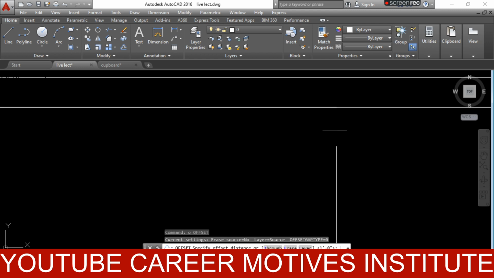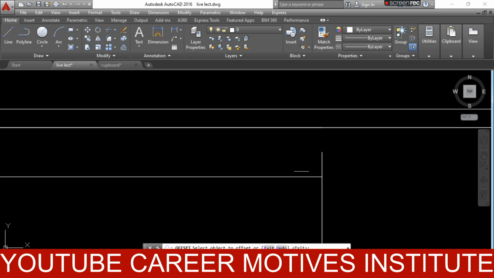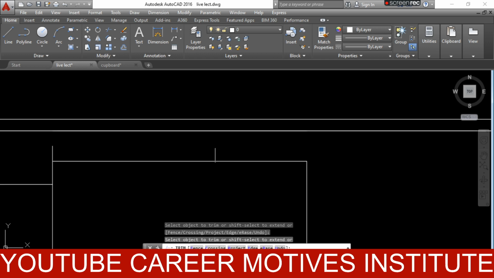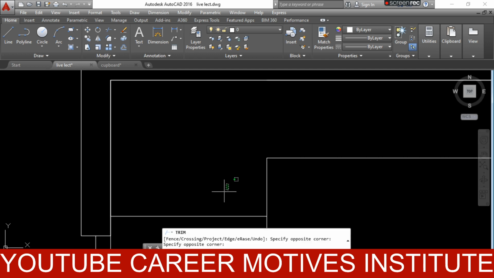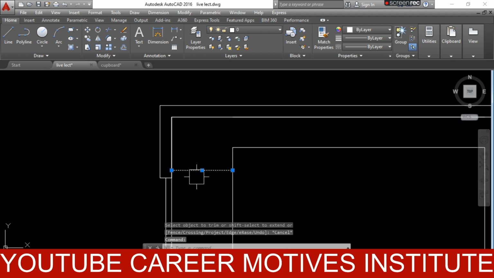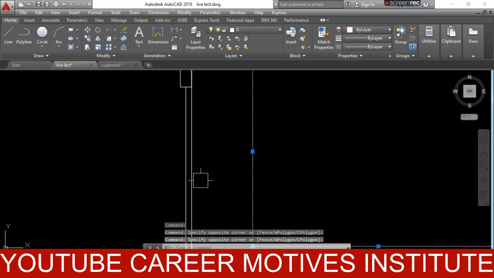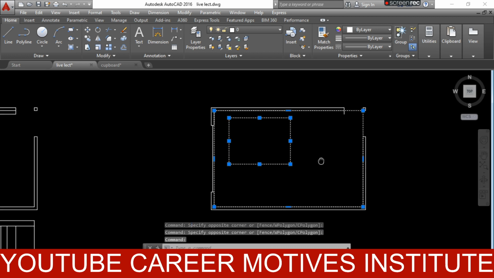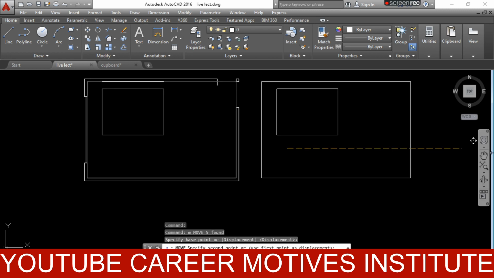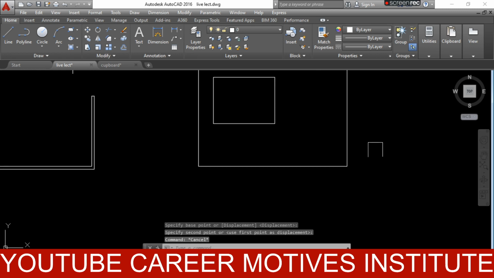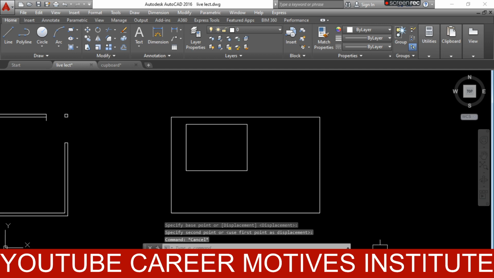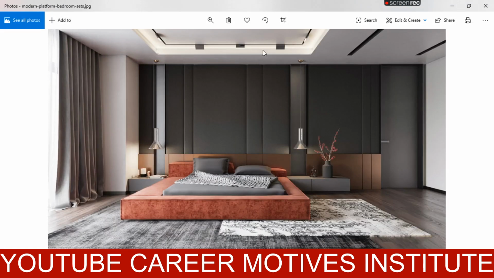So offset of 1 feet from here. So this is the hollow part of my down ceiling. So now I'm going to choose these lines. Okay, so this is the hollow part that we can see from this picture, and then we